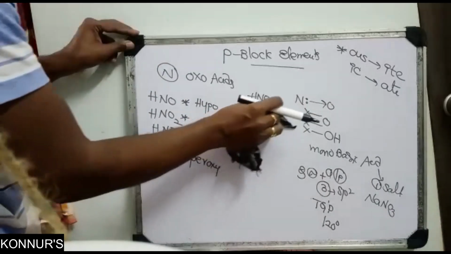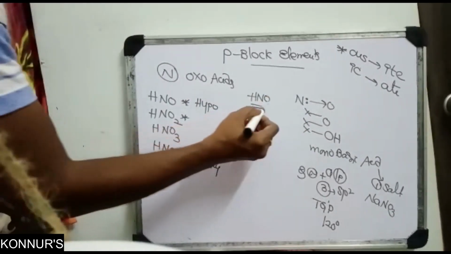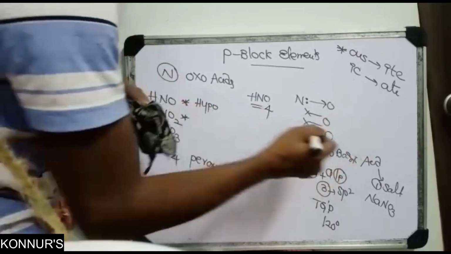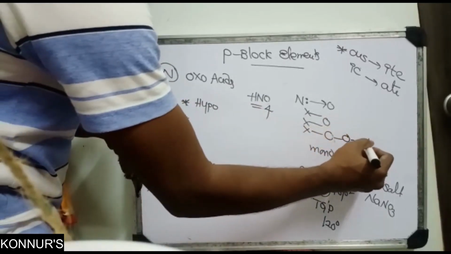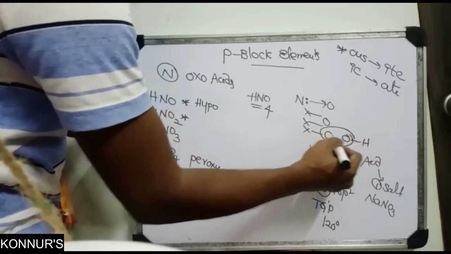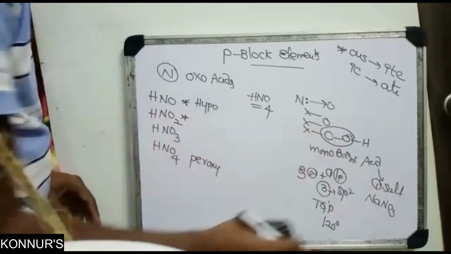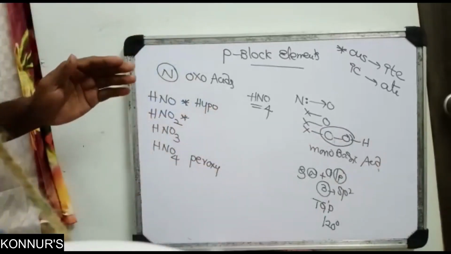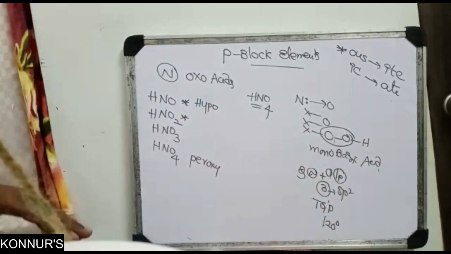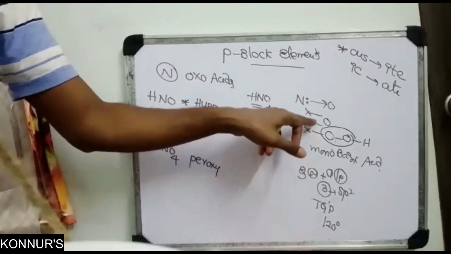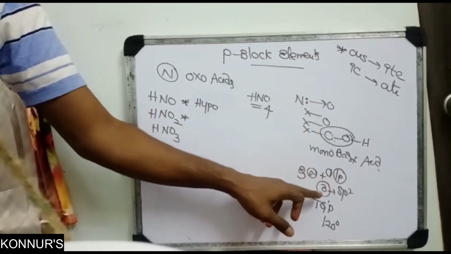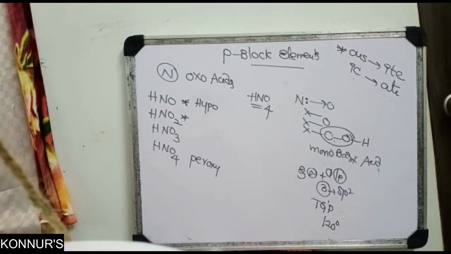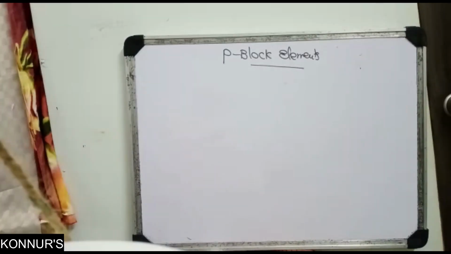Next, peroxynitric acid, HNO4. Instead of this H, you write OOH. So a peroxy bond, O single bond O. It is the same manner, but there is no need to think about salt, because a peroxy bond is itself unstable. So the same thing: 3 sigma bonds, 0 lone pairs, 3 sp2, trigonal planar, 120 degree bond angle. Next,